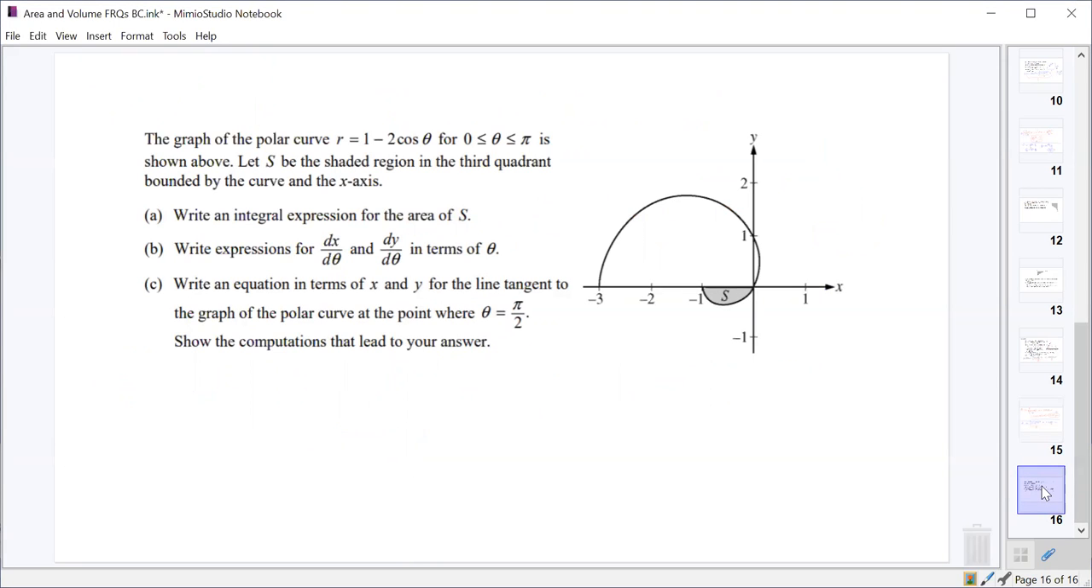All right. So now we've got this fun looking little spiral thing here. First thing it asks is for us to write an integral expression for the area of region S. We've got a polar curve r equals 1 minus 2 cosine theta, and